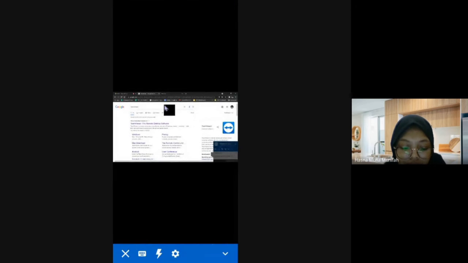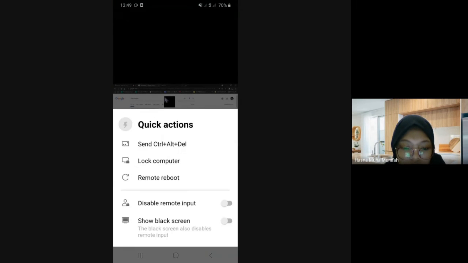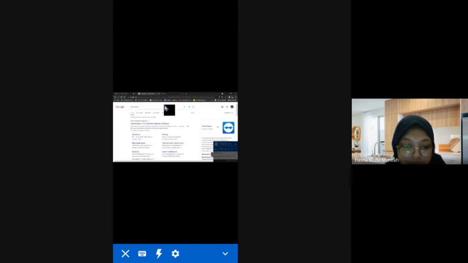In addition, there is also a Quick Action button feature that can be displayed by tapping the lightning icon at the bottom of the screen. After you have finished, you can disconnect your smartphone from your computer by pressing the cross at the bottom left of the smartphone screen and selecting Close.